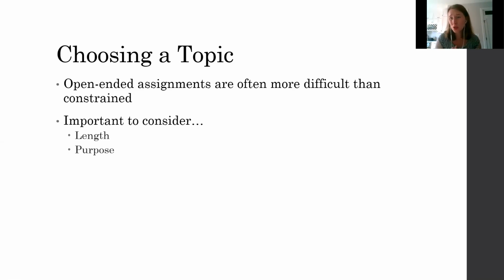What are you trying to do? So maybe your professor didn't give you much direction, but maybe they said, examine the definition of transhumanism over the course of history or something like that. I bring up that topic because I read a paper earlier this week about that.